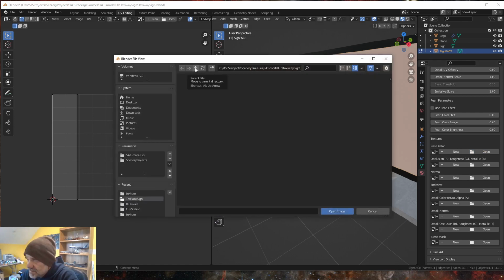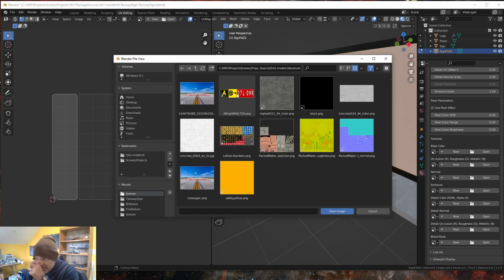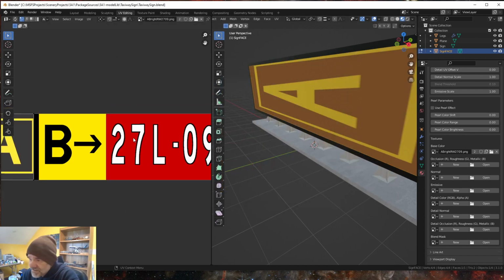That's in the textures directory. It's right here, Alpha Bravo 27L9. We're going to select that texture that we made, and we're going to open, and notice that it